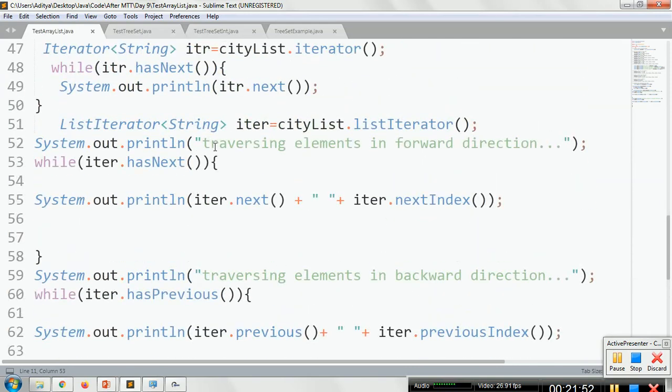Now, again we'll try with the list iterator. One thing you should note down, the list iterator only works for the List interface. So we are using an array list, so the list iterator will work. ListIterator is again generic to String. With the help of the listIterator method, I am passing the object to iter. Okay, iter is the object of the list iterator. Traversing the list in the forward direction, we will call this hasNext method. As soon as I call hasNext, it will return true, and it will print the first element that is present in my list.